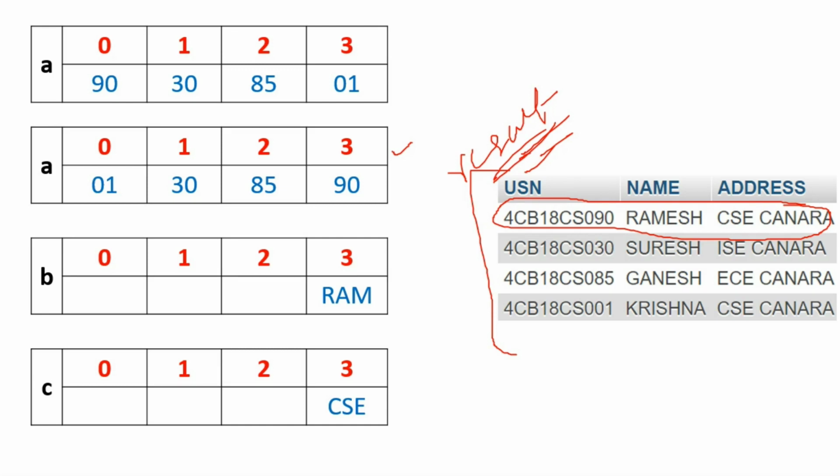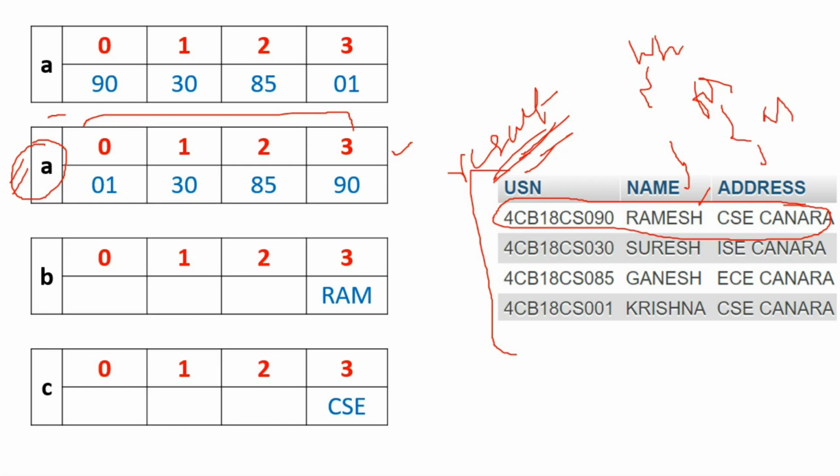And within the while loop, once I fetch a particular row, I will apply a for loop to travel the sorted array, for i equal to 0 to i equal to n, to travel this array A. So this is how it looks: a while loop, and within the while loop a for loop for array access. The while loop is to access every row of the result one by one. Once I fetch a particular row, I will enter the for loop to travel the array from 0 to index 3. So this is how it looks. The outer loop is the while loop and the inner loop is the for loop.